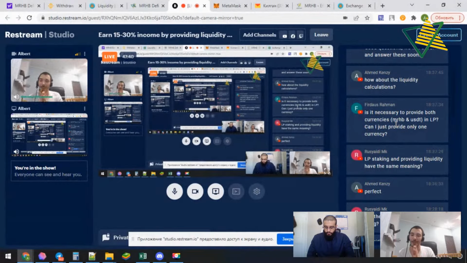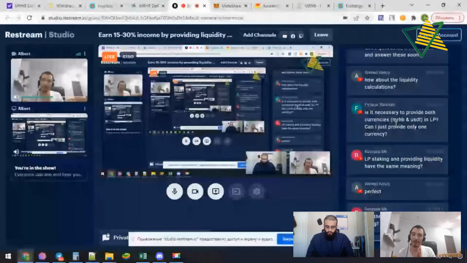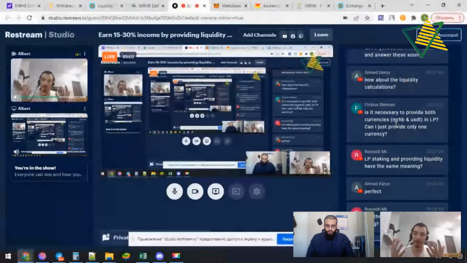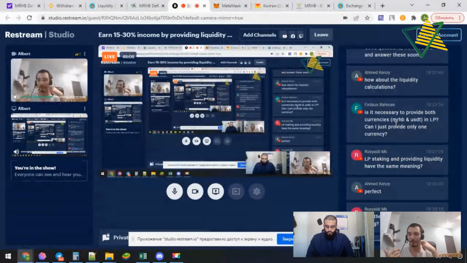From these fees, 0.08% PancakeSwap takes, okay, and 0.17% is shared among the liquidity providers. So Ahmed, by providing his assets, his pair of cryptos, gains a share from this transaction. Okay, this is liquidity providing.